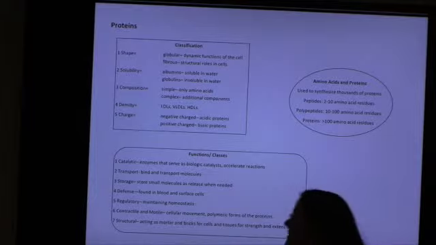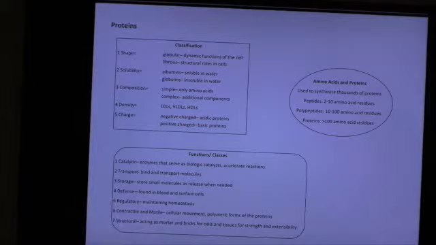All right, let's talk about the classes. I'm going to give you some examples of these as we go, which you're going to have to write down because I didn't put them on, but they're easy. So catalytic is a classification. These are going to be enzymes. So your enzymes are proteins. So all of these words that we've talked about, all these enzymes, pyruvate kinase, PEP, CK, all those things, those are all proteins. Okay? I'm not going to give you examples of those.